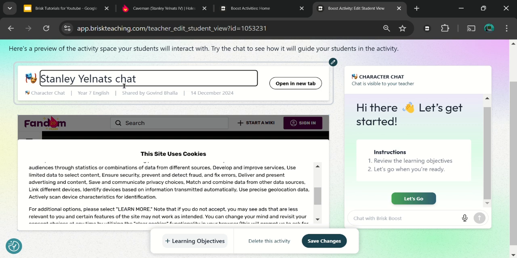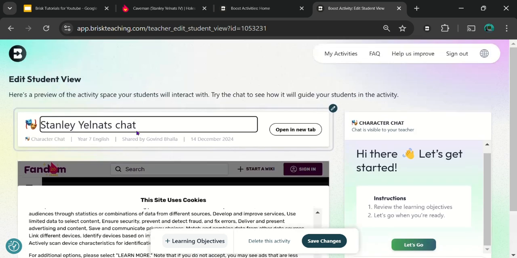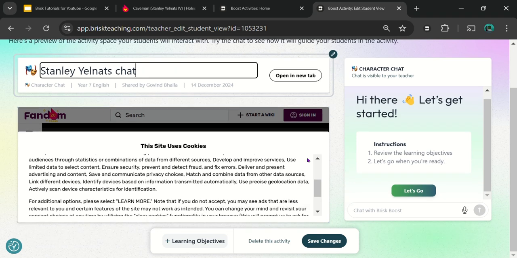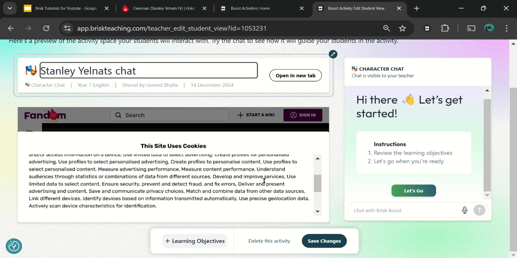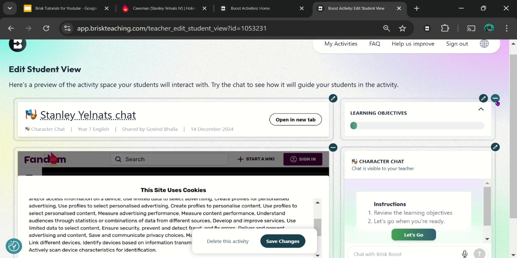Chat. Do I actually want them to have the website in front of them? That can be helpful for reading comprehension and things, but I tend to take that away for just the character chat. And then possibly, in my opinion, the most important one is adding learning objectives. So let's do that. Let's click the Add Learning Objectives button, and then we can see what Brisk has come